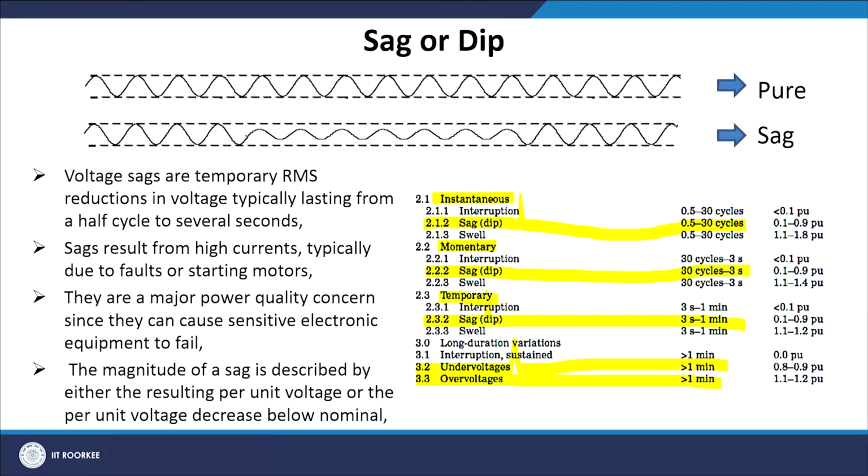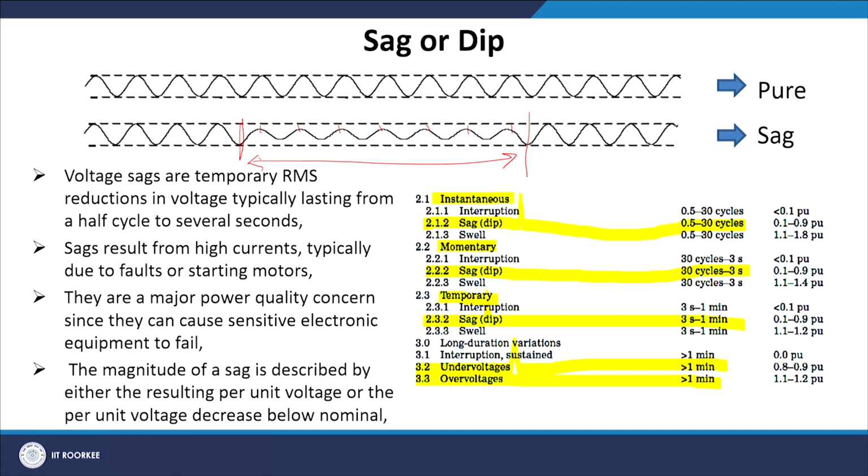We will move to one more interesting power quality topic, which is sag or dip. Now, in case of sag or dip, what we see is that instead of a pure sinusoidal constant magnitude frequency signal, you will experience a drop in the maximum magnitude of the voltages or any signal. Okay. So you see that after this point there is a drop in magnitude and that continues for a particular period and then becomes normal again. So this is the duration in which we can say that the signal experienced sag,